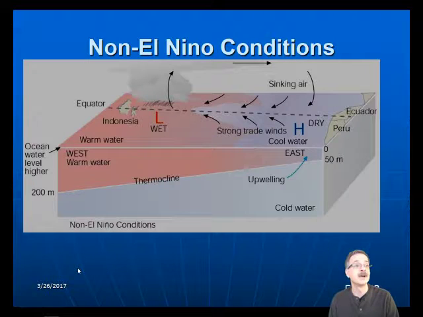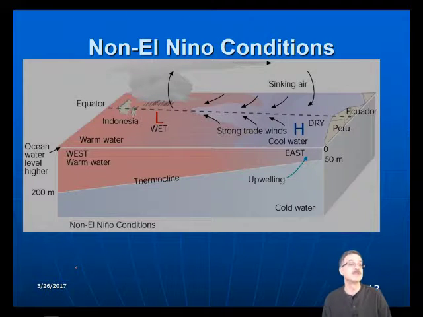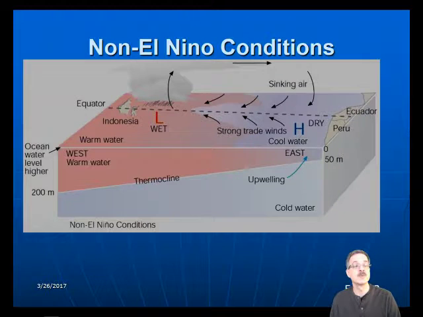All right, let's talk about El Nino and La Nina. To do that, we have to talk about the normal or non-El Nino conditions. So the surface wind patterns usually converge at the equator here, and you get a high pressure system near South America and a low pressure system over here in Indonesia. And so you get your sinking air coming down this way, and you get the winds blowing this way on the surface, and your rising air here, so you get all the wet and rain in Indonesia, and then you get this